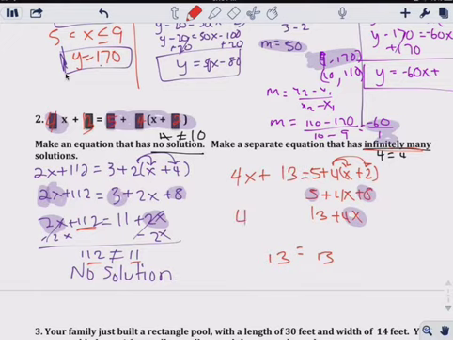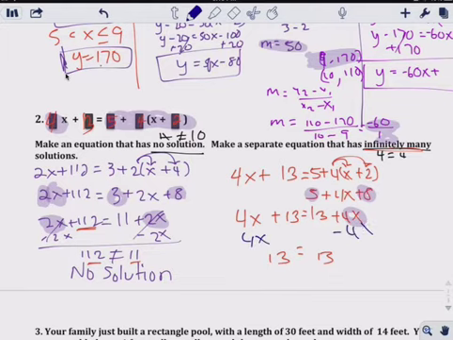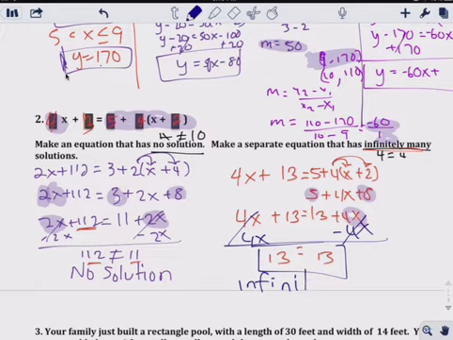Okay, so that gives you 4x plus 13 equal to that. So you have to minus 13, now minus 4x. Gives you 0, that leaves you 13 equals 13. This is infinite solution. The coefficient, the number next to a variable, is the same on both sides, and the constant is the same on both sides. Okay, now I'm going to put the back